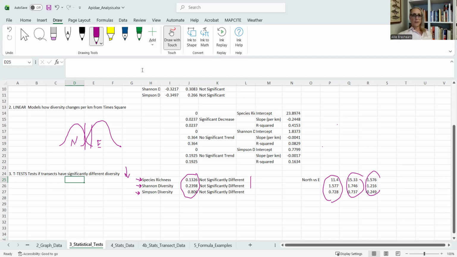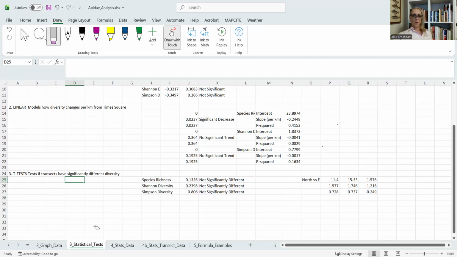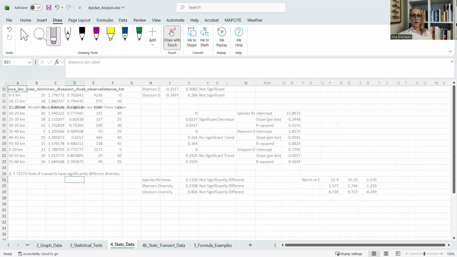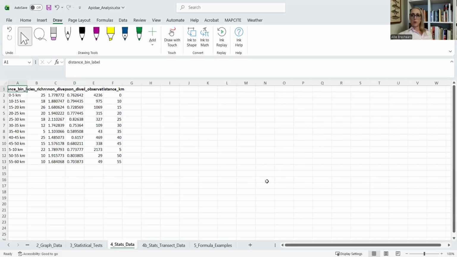So that's your statistical tests on this tab. So we've done graph data, statistical tests, formula examples, and then if you want to practice your own stats,